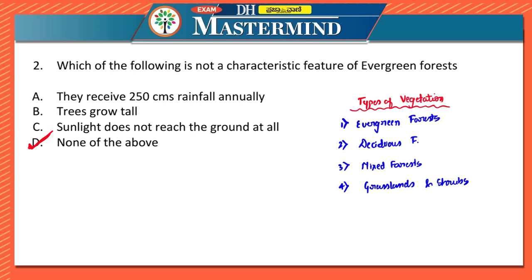So Karnataka has different varieties and types of vegetation. Karnataka is also known as the land of sandalwood, and it has great ecological balance. It has different types of trees, and it has different types of animals, wild animals as well. We can see tiger, lion, cheetah, wild buffaloes, elephants, deer, peacock, etc. in the forest. But if we have to classify, then this is the type of classification which we have to see over here.